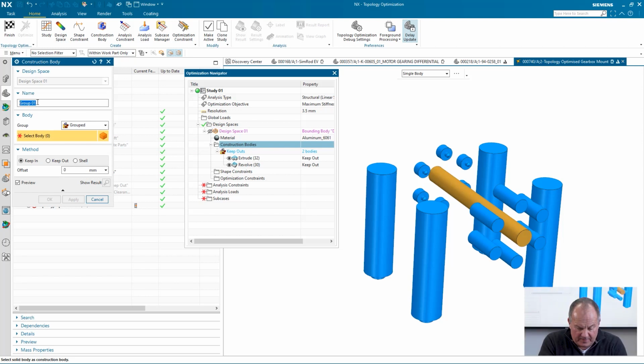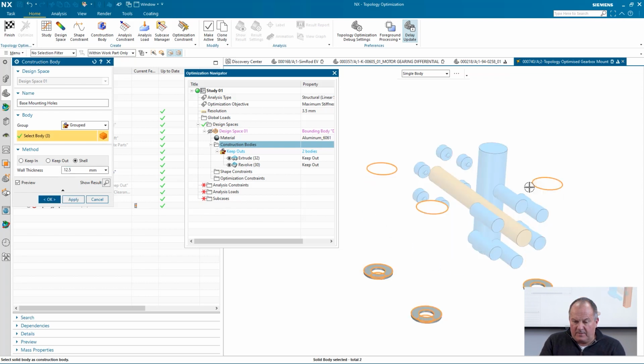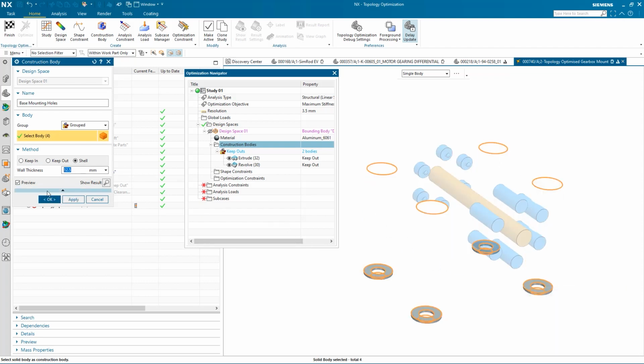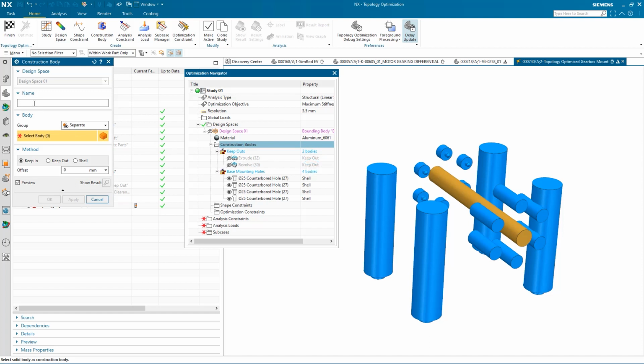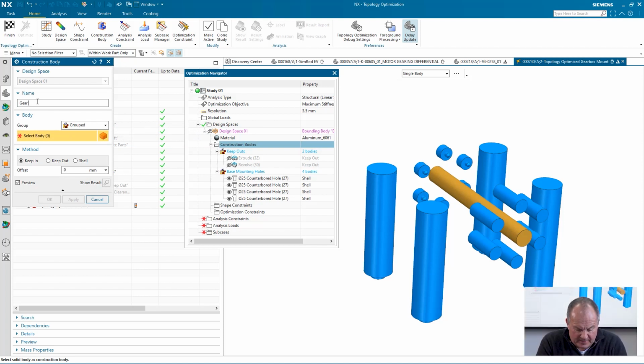This one is going to be the base mounting holes, and I'm going to select these 4 bodies here to define that, and then we're going to create the fixings for where the bracket is attached to the gearbox itself. So let's again create a group for these,